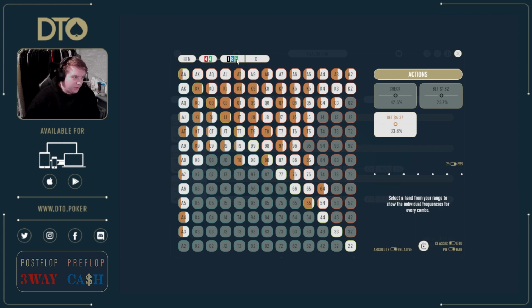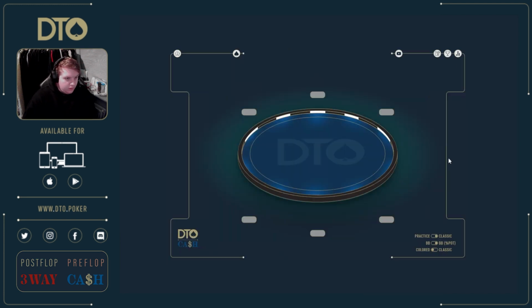So on these boards where your opponent doesn't have that many strong hands, his range is going to be composed of a lot of bluff catches and draws. You really want to just start forcing money in as quickly as possible with your best hands. So